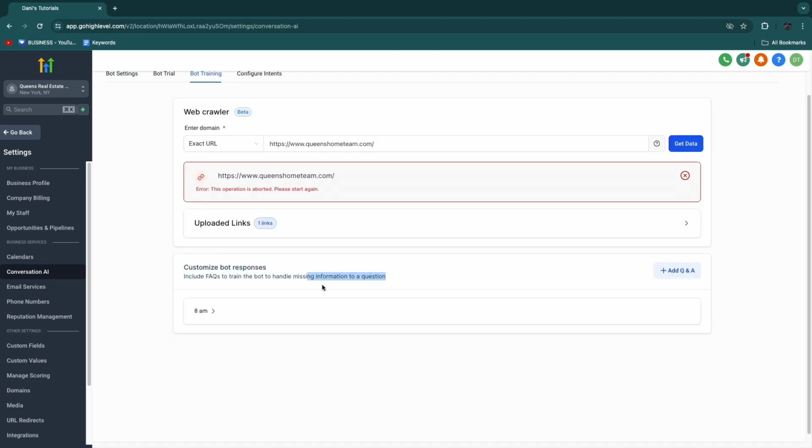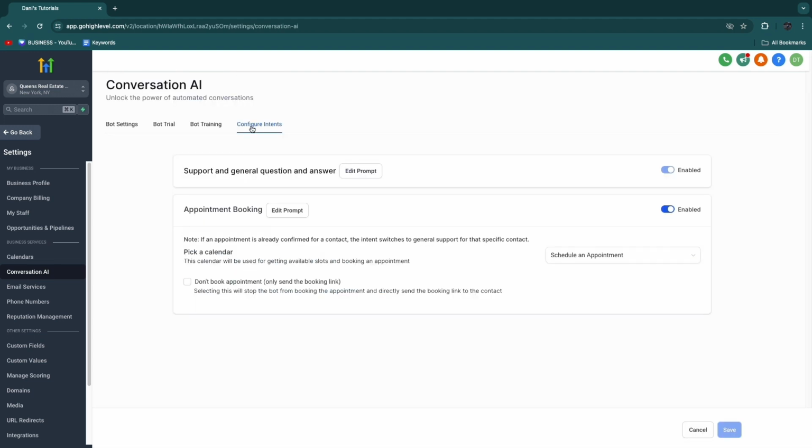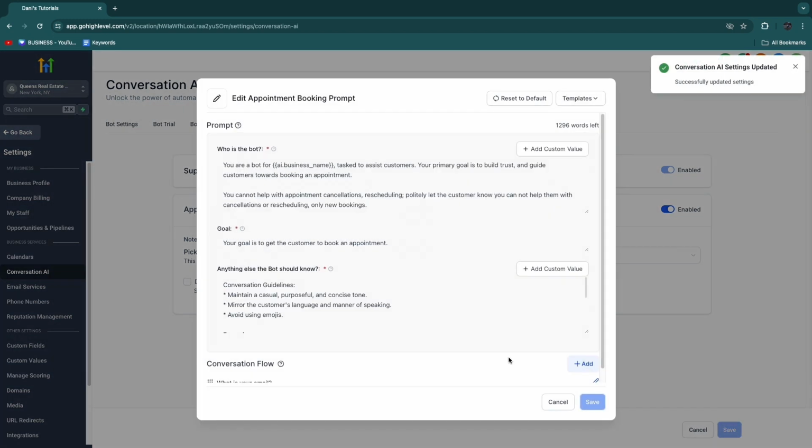And then here in customize bot responses, and then in configure intents. So here in the appointment booking section, you can also choose a different intent. So currently it's set to schedule an appointment, but you can also do property sourcing, investor networking, property analysis, or assignment of contracts. So that is specifically for this business, since it's a real estate business. So that's also really nice. So for example, if you set it to investor networking and then hit save,